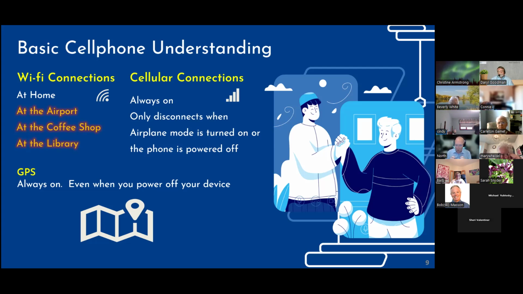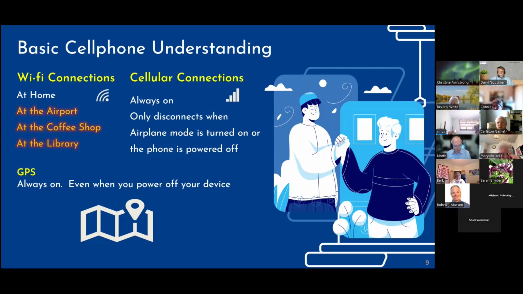Now, something to know about GPS. Smartphones, I don't remember the exact year, I think it was 2004 to 2005, if somebody wants to fact check me on that. GPS has an always on functionality, even if you turn off the device, because there's a little battery that lives on your phone that can help emergency services locate your phone. And that's not 100%. It depends on the make and model, but GPS, the way that they track your phone, if it's on, it's sending a GPS signal out.